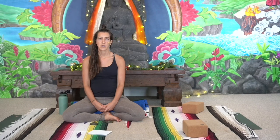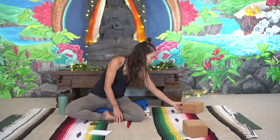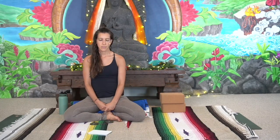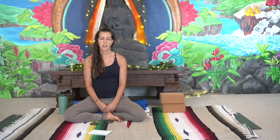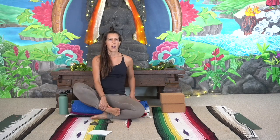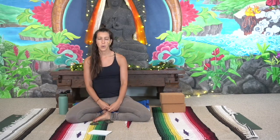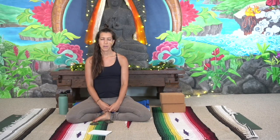Take your time. Enjoy the pathway. And then eventually, when you've arrived at upright, take your time setting up a comfortable way to sit. And after all the awareness that you've built over the course of our class, you might notice certain areas that feel light and supported, or maybe little modifications you have to make